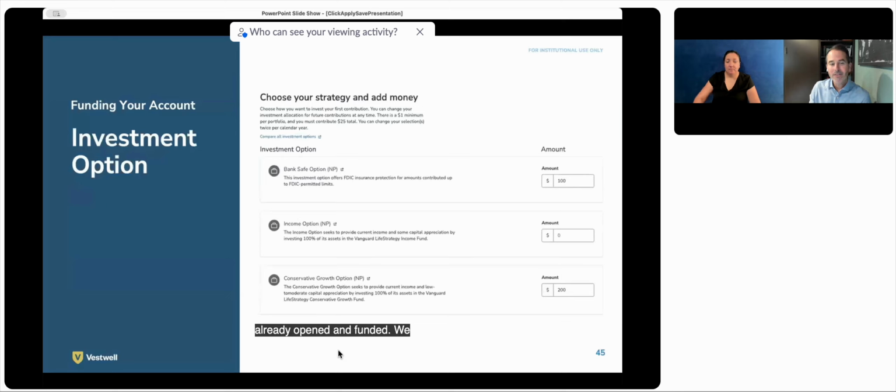Lauri spent some time talking about this on the Ascensus side, and you can see it's here on the Vestwell side slide as well. ABLE savings programs have multiple places where you can save your money. And many people choose more than one. So you might be saving for short-term spending, maybe money that you need in the next few months or a year. You might want to save that in, let's say, the FDIC option. That could be a very conservative place to put your money that you might need more often.